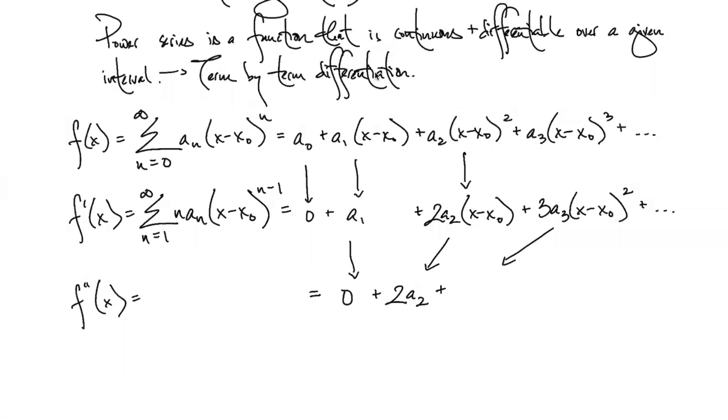6a sub 3 x minus x naught to the first power. You got it. So we're going to bring that power down again, right? So we'll have, I'm going to write it as 3 times 2 a sub 3 x minus x naught to the first power. The only reason I'm writing it as 3 times 2, even though I know that it's 6, I know you know that it's 6, is sometimes when we don't multiply out, it allows us to see that pattern a